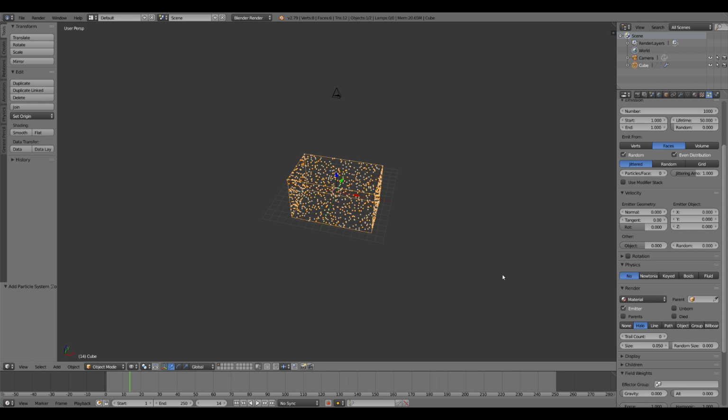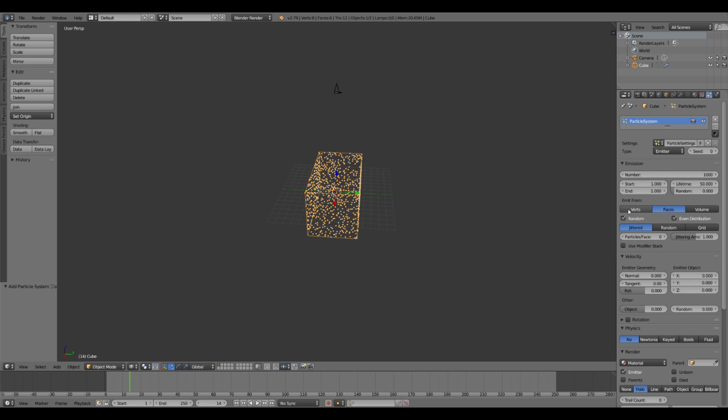They're all right there. Okay, now the next thing we need to set up is the reason we're using a cube is because we kind of want to get a little bit of 3D depth. Even though these stars are so far off in the distance, you don't really see a 3D effect. We kind of want to give it that, especially when we start doing the camera move through the stars for that light warp. So we want the volume of this cube. We don't really want it emitting from the faces. So if you look right here, it says emit from under emission, verts, faces, or volume. If we click volume, you'll see now all those particles are filling up the inside of that cube,